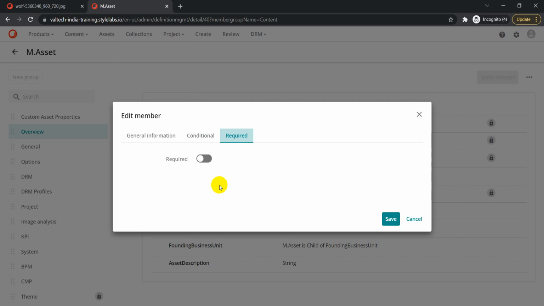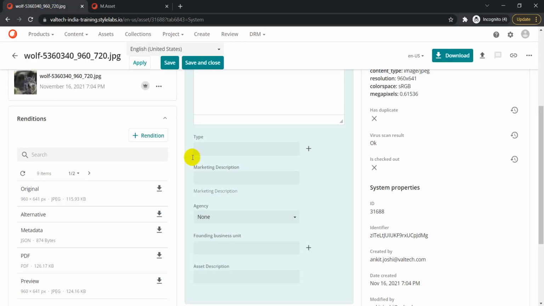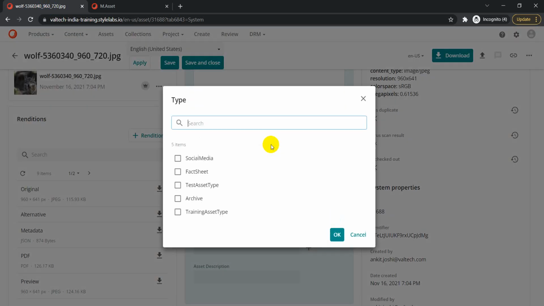So let's talk about the conditional tab first, and the use case I'm taking here is that we should be able to see this asset description only when the asset type, which is type here, is selected as, for example, social media.